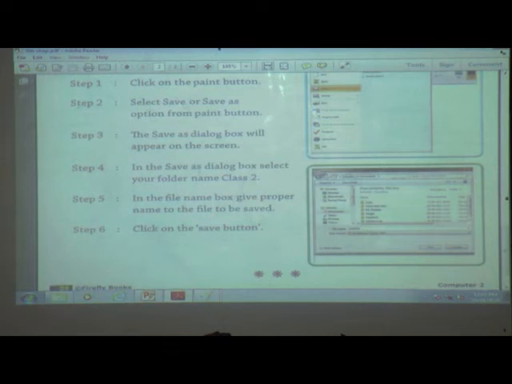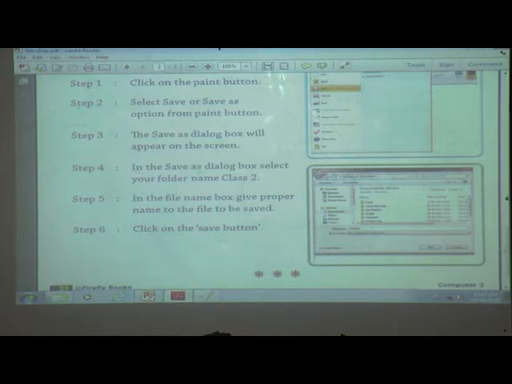Select save or save as option from the paint button. Step 3. The Save As dialog box will appear on the screen.